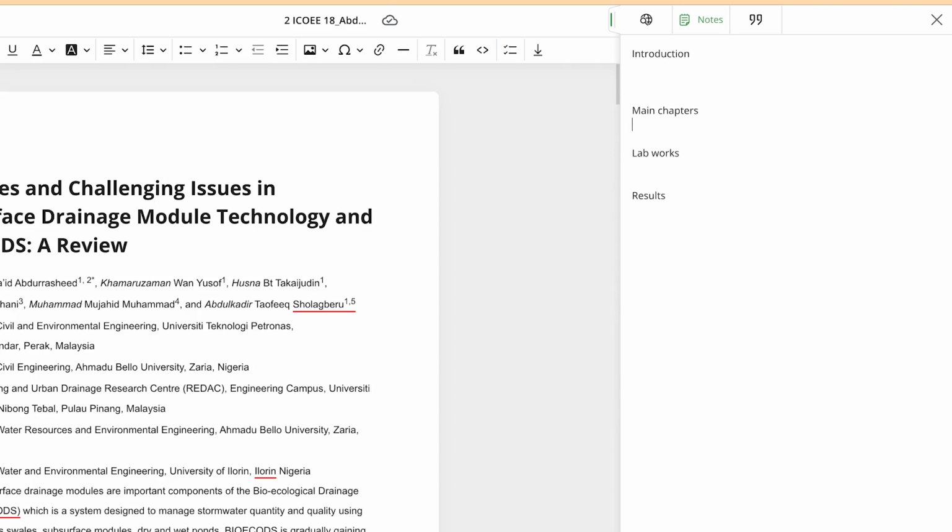For example, in the introduction, you can highlight different things. In the lab works, you can highlight different things. This is just a way of keeping you upright and organized while you're writing the paper. You can know exactly what you have done and the areas you have covered and areas that need your attention, or what you need to work on. It's just a way of staying organized.